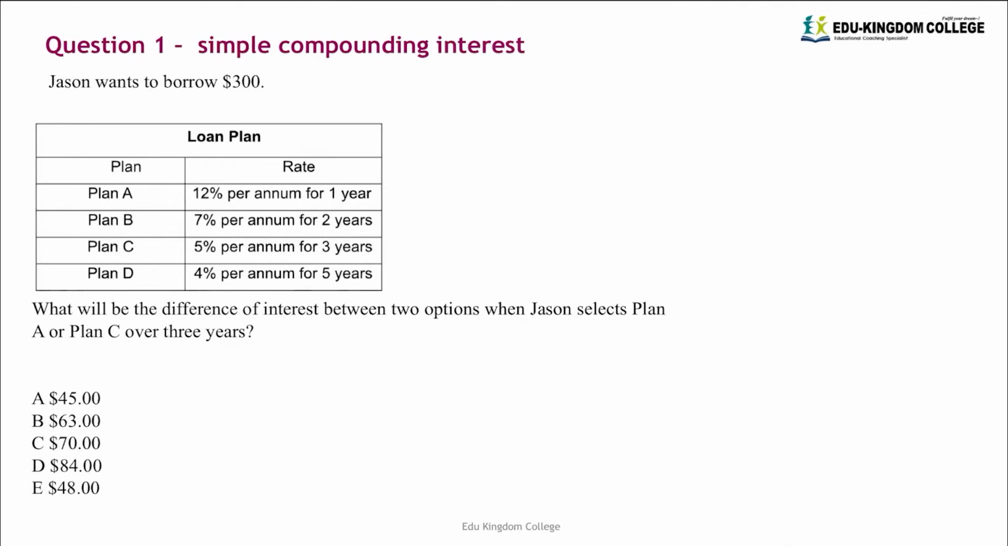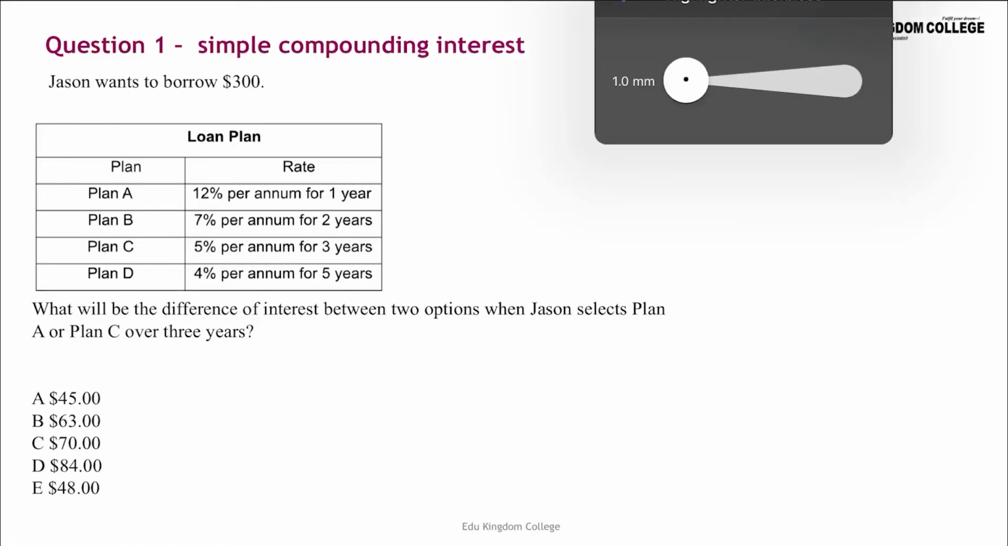Question 1, simple compounding interest. Jason wants to borrow $300, and as you can see, that's the loan plan. What will be the difference of interest between two options when Jason selects plan A or plan C over the 3 years? Okay, so if you guys don't know, interest is the,